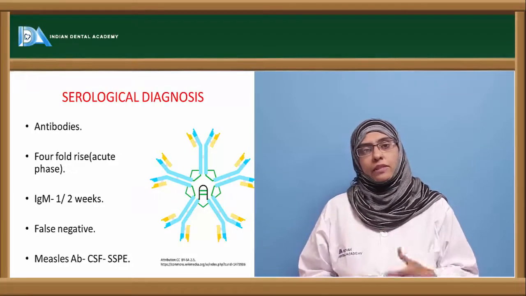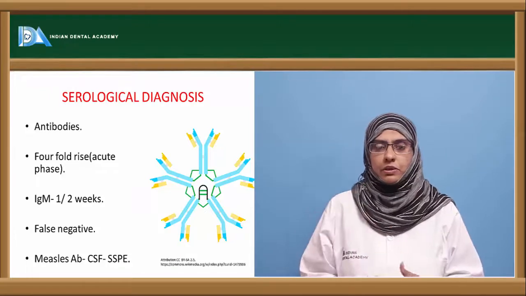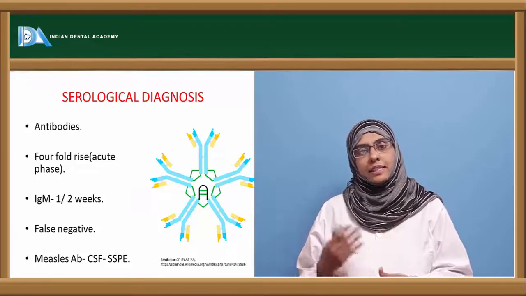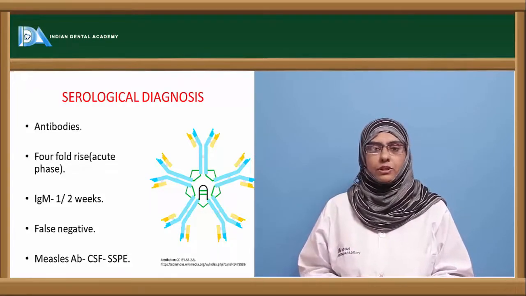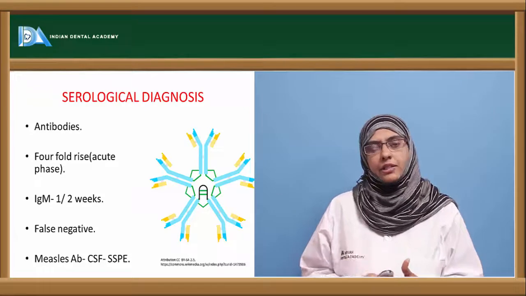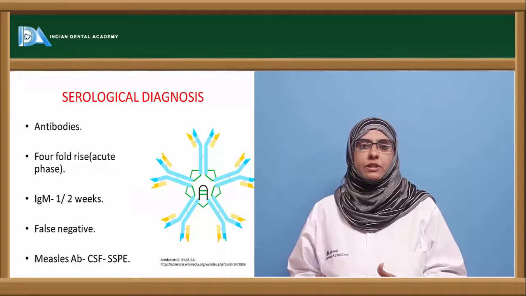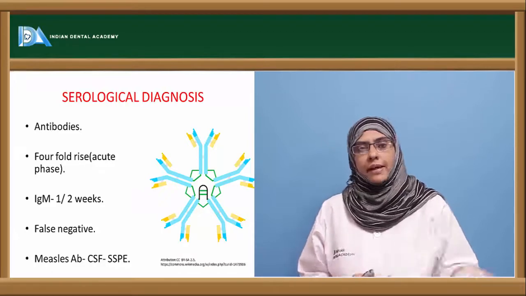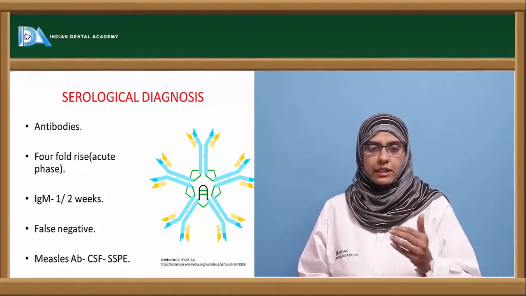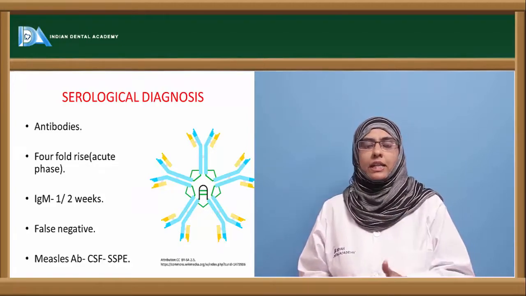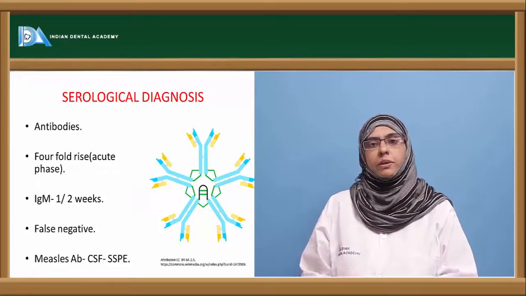As we all know, whenever there is an antigen, that is a virus enters, immediately in order to respond to that, our body produces the neutralizing antibodies. So they are called neutralizing antibodies. So you can go for identification of neutralizing antibodies, hemagglutinin antibodies, and complement fixation antibodies. Identifying any of the three antibodies helps us to know the recent infection with measles. For the identification, you can go for the fourfold rise of the antibodies during the acute phase or after 10 to 21 days after the appearance of the rash.